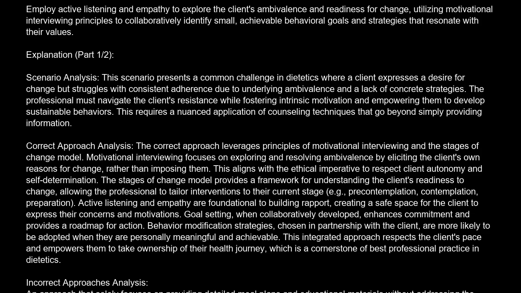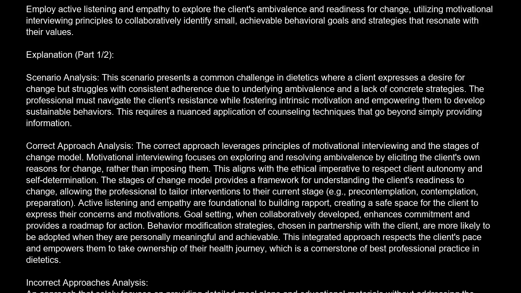The correct approach leverages principles of motivational interviewing and the stages of change model. Motivational interviewing focuses on exploring and resolving ambivalence by eliciting the client's own reasons for change, rather than imposing them. This aligns with the ethical imperative to respect client autonomy and self-determination. The stages of change model provides a framework for understanding the client's readiness to change, allowing the professional to tailor